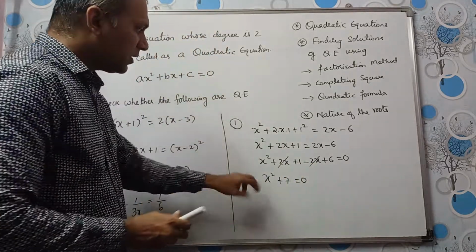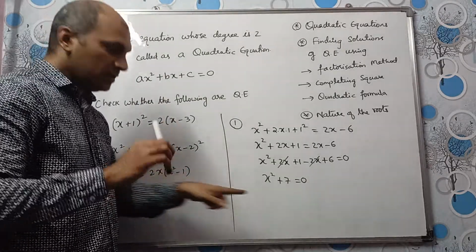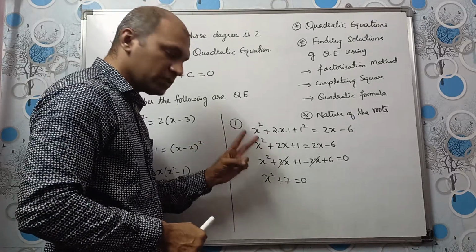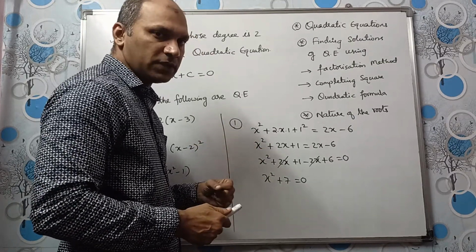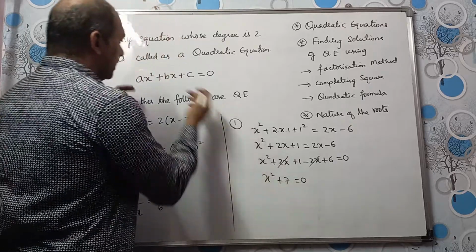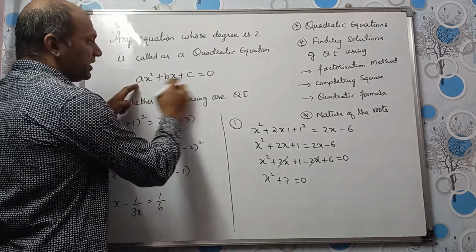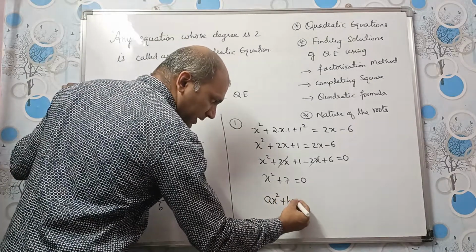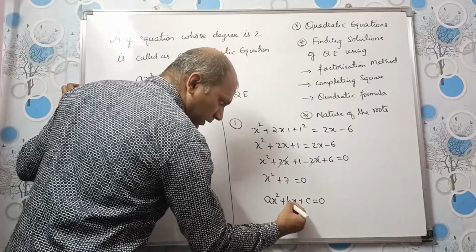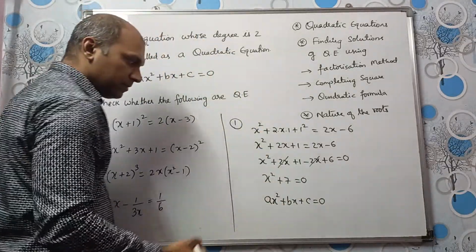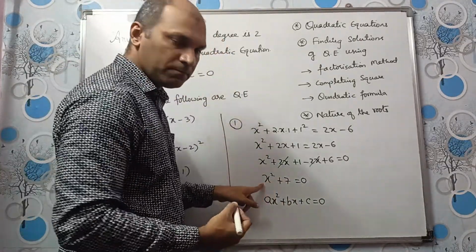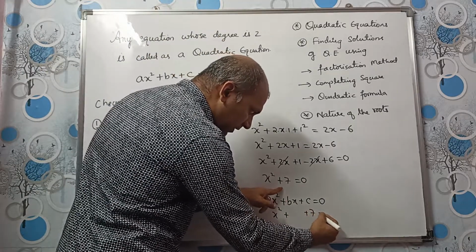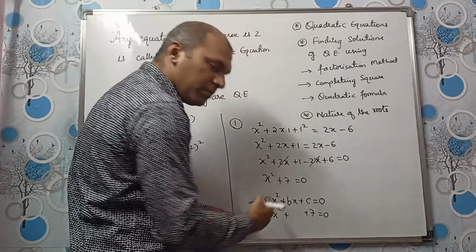Now, is this a quadratic equation? Yes. What is the degree of this equation? It is 2. The degree of this equation is 2, which means this is a quadratic equation. Now, some of you must be wondering, why is it not like this? Why don't we have 3 terms here? ax square plus bx plus c equal to 0. Just now I told you that this is the standard form. But we have only 2 terms here. The x square term is there and the constant term 7 is there. This x term is missing.